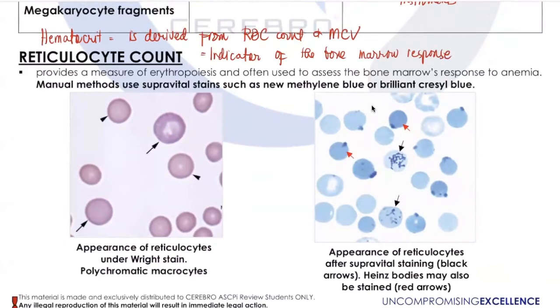Whenever we have anemia, you have less amounts of red blood cells. So technically, if your bone marrow is okay and there's nothing wrong with the production of RBC, the bone marrow will respond by releasing a lot of reticulocytes. Thus, the reticulocyte count is very important. If you could recall our topic on the differentiation of anemia, the reticulocyte count is the very first test that you have to perform in order for you to determine ano ba yung cause ng anemia. Is it because you are not producing RBCs, or is it because your RBCs are destroyed or lost